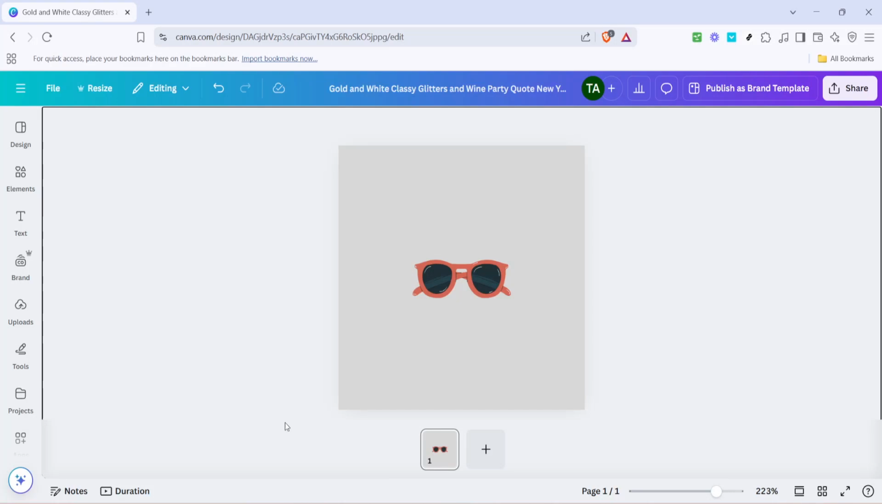In today's video, I'm going to teach you how to give any object a shadow on Canva. This is a quick and efficient way to add depth and dimension to your designs, and it's a technique that can be incredibly useful for a range of projects, from marketing materials to personal art creations. We'll walk through the process step by step, so even if you're new to Canva, you'll find this guide easy